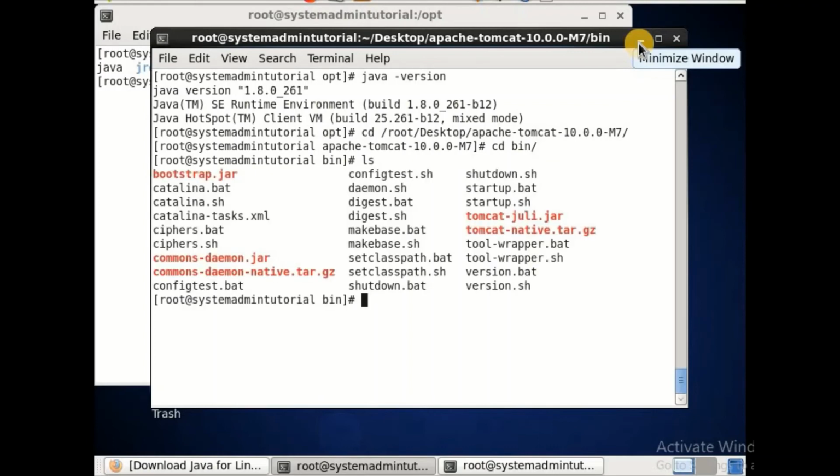In bin you can see a number of files. You have to start the startup.sh file. In Windows we started the .bat file, in Linux we'll start the startup.sh file. How will we run this one? Dot space, we are already in the path, then space startup.sh.